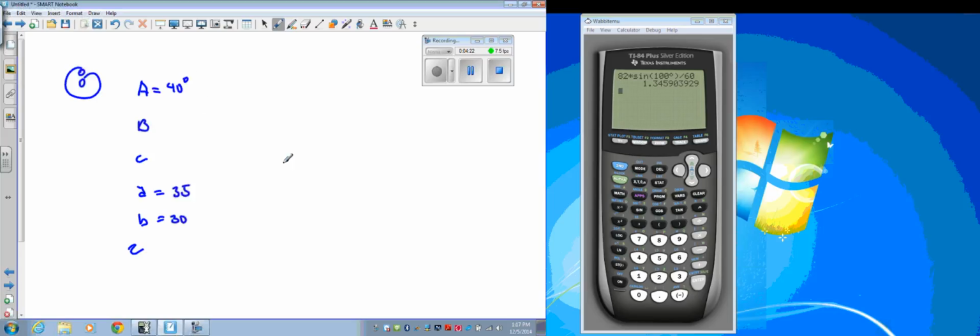So this one, I'm going to solve for sine B, right? Sine B over B equals sine A over A. Does everyone understand why, you see I'm setting it up so that I don't have to manipulate the problem any more than I have to. So then sine B